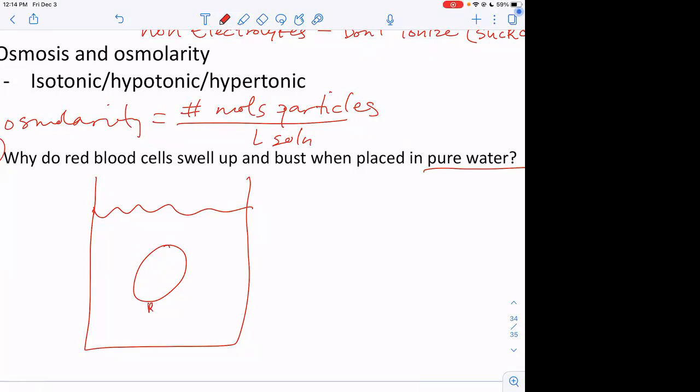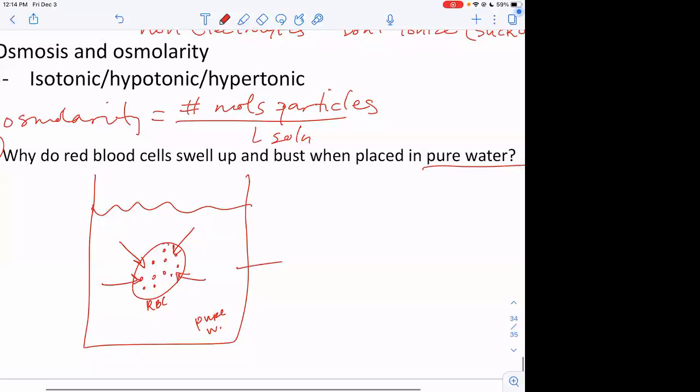So if this is our red blood cell, and this is just pure water in the beaker, what do we know about the red blood cells? It's going to have, I shouldn't draw X's, I'll just draw little dots. It's got a lot of particles. It's got salt, sugar, you've got electrolytes in your blood, all kinds of particles. The water has no electrolytes. So because you've got a hypertonic inside the red blood cell, it's the solvent that moves. The water is going to rush into the red blood cell, causing it to bust eventually. Because this is a hypotonic solution, and this is hypertonic in here. Is that why they can't just give you straight up water when you're getting on the